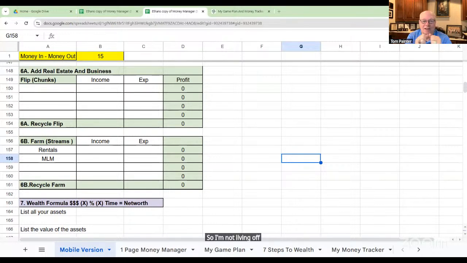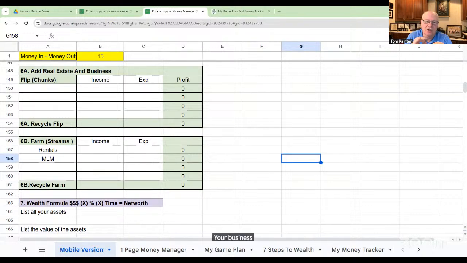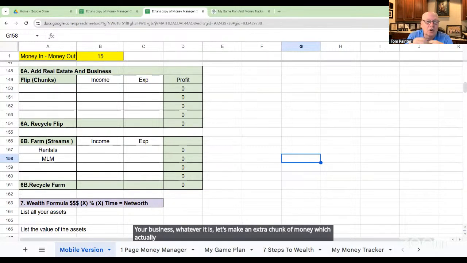My goal is to build a whole orchard of money trees. And that's what 6B is, a whole orchard of money trees. And again, if you've got a lot of debt, let's get you out of debt. Let's go flip some properties. Let's go flip your business, whatever it is. Let's make an extra chunk of money, which, as you make that chunk, you can move it up into